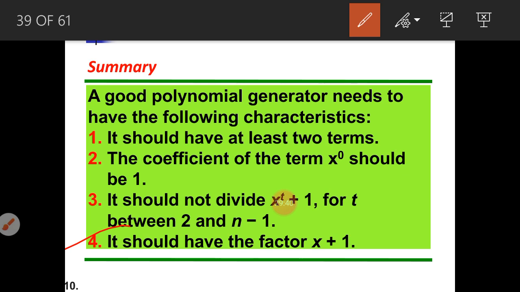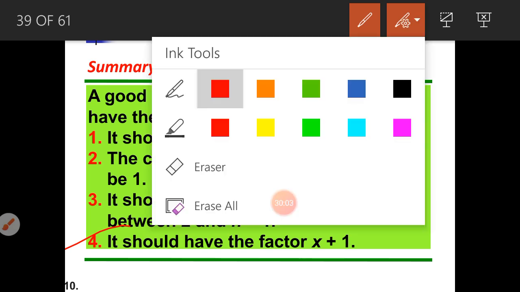And the last one is the burst error. A burst error is nothing but two or more errors. It will contain two or more terms in the error polynomial. So if that particular term, x raised to j minus 1 plus so on plus 1, cannot be divided by the generator, then only the generator will detect the two or more errors. This is the summary.